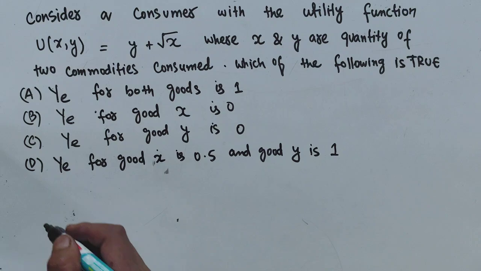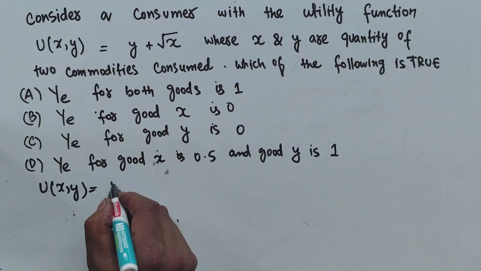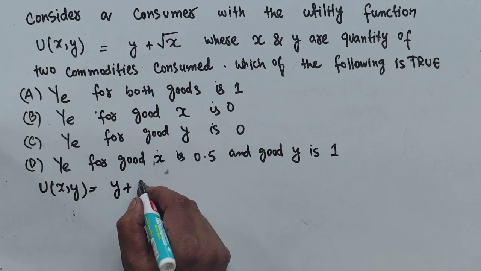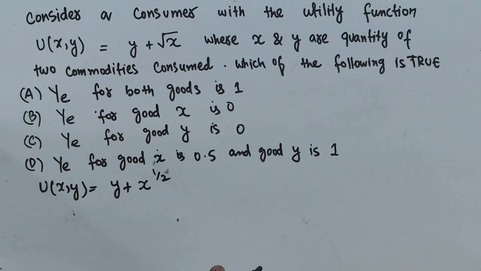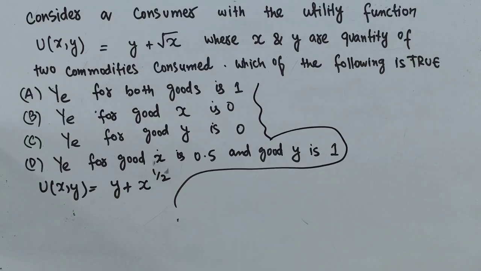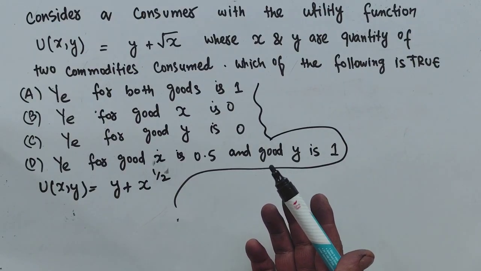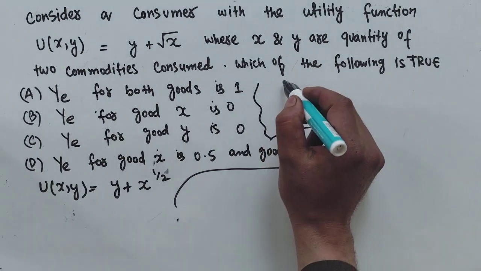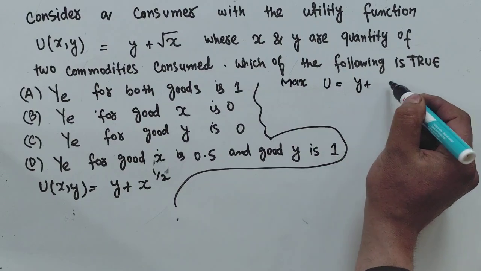Okay, so we are being given the utility function. Utility is a function of two goods x and y, which is equal to y plus under root x, which can be written as x raised to the power 1/2. So this is actually our quasi-linear utility function. Our endeavor is to find out the demand functions for x and y, and then we can find out the income elasticities. So our endeavor is to maximize utility, which is equal to y plus x raised to the power